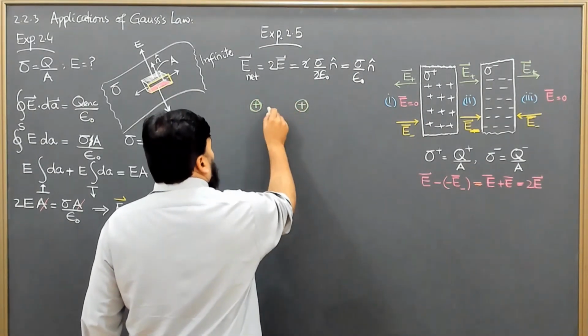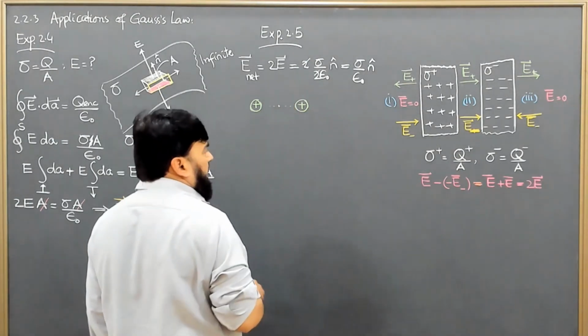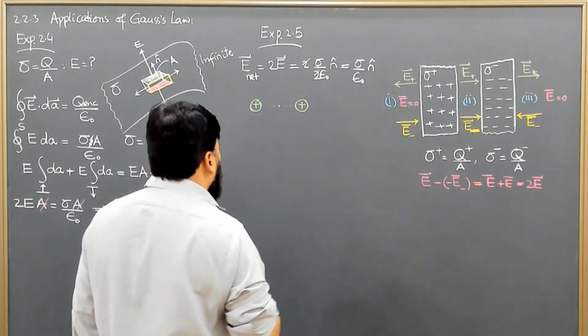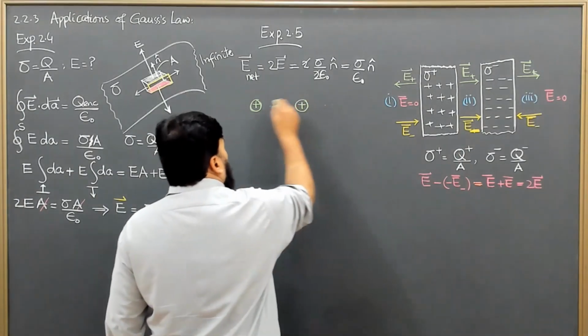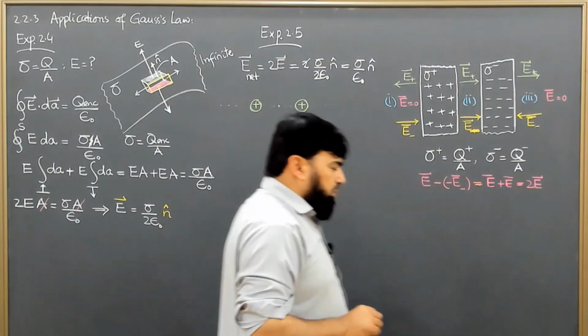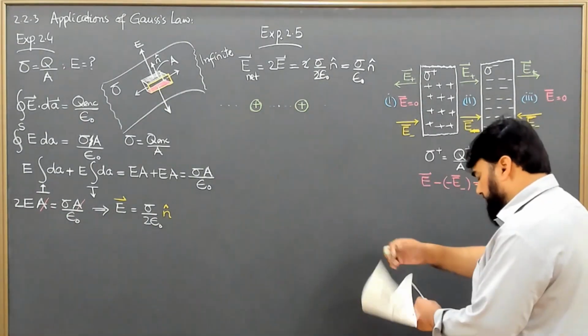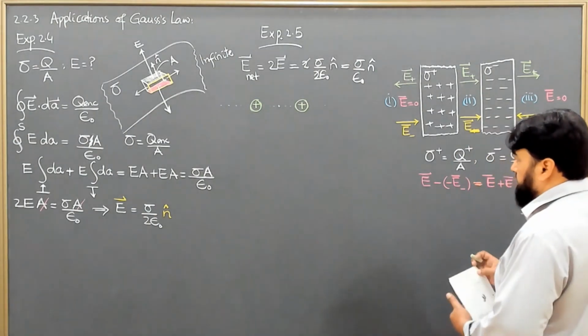This is the same situation when we have two equal and opposite charges. So the situation is that in between them, at the center here, we have a zero electric field, while the electric field is non-zero in other directions. But at that point, we have the electric field equal to 0.